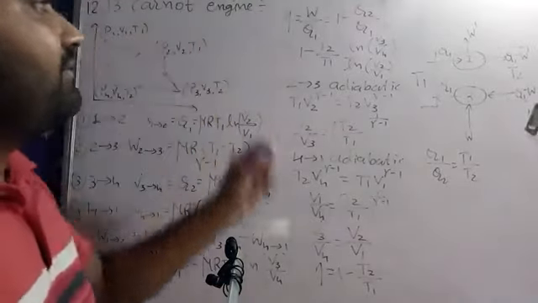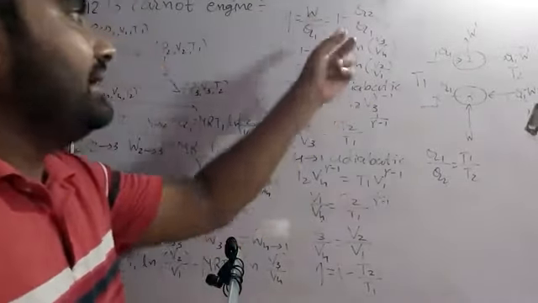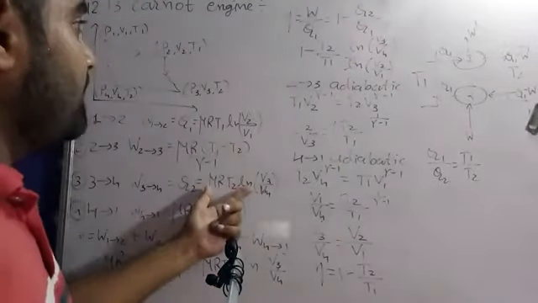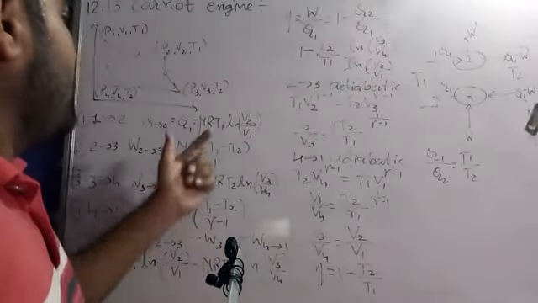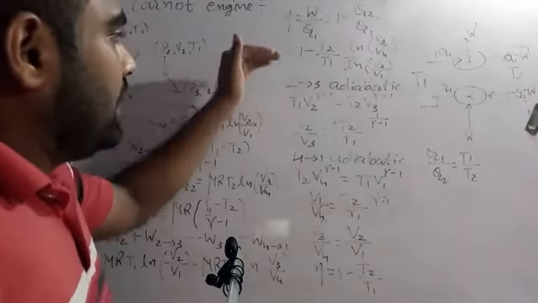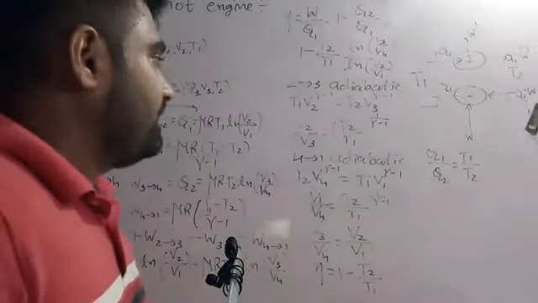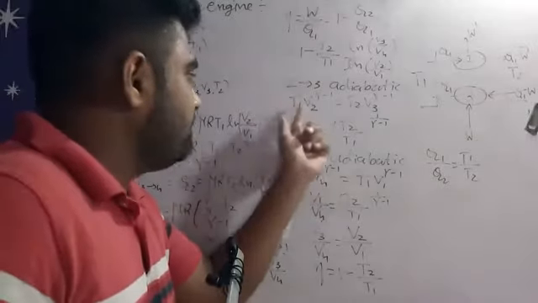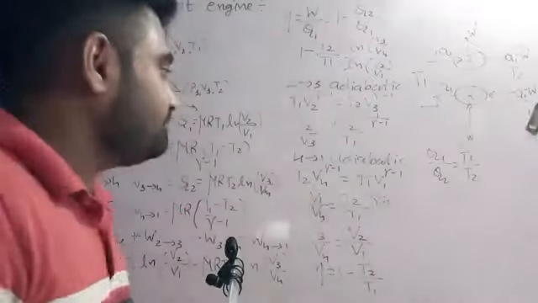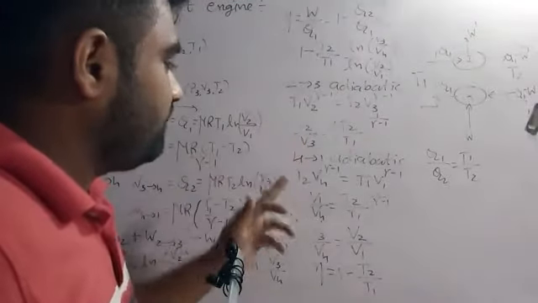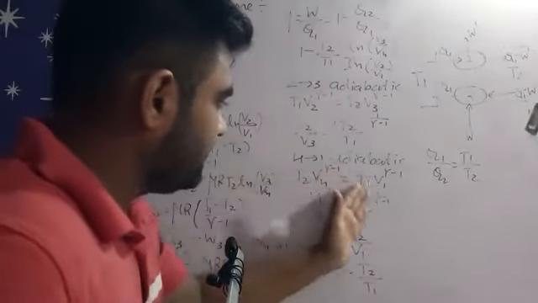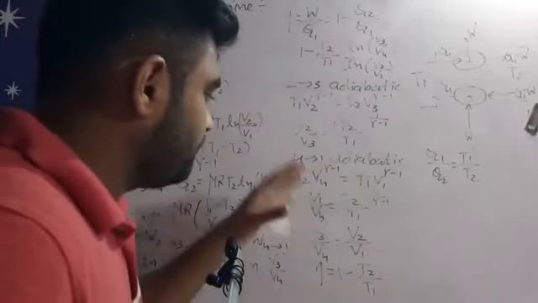Again, efficiency has a second formula, that is 1 minus Q2 upon Q1, right? So what is Q2? We can put that formula here. For 2 to 3, that is an adiabatic process, and in an adiabatic process we can write T1 V2 raised to gamma minus 1 is equal to T2 V3 raised to gamma minus 1, right? So V2 upon V3 is the subject. Similarly 4 to 1 is adiabatic, T2 V4 equals T1 V1, again V1 upon V4 is the subject.